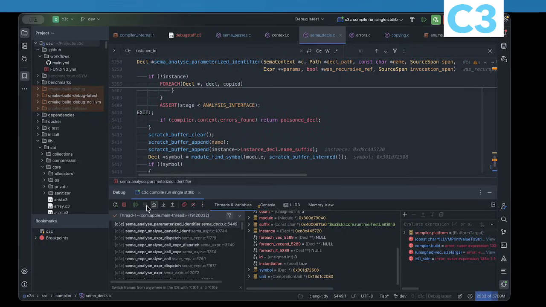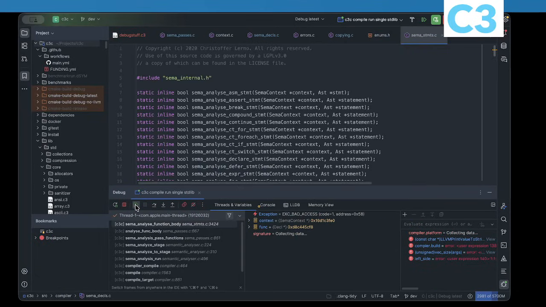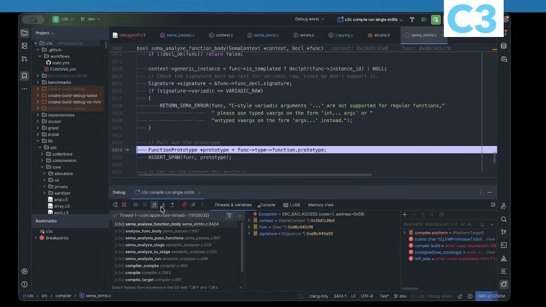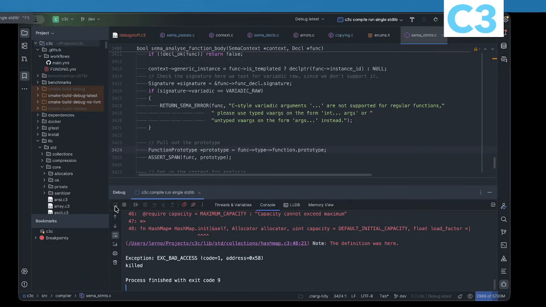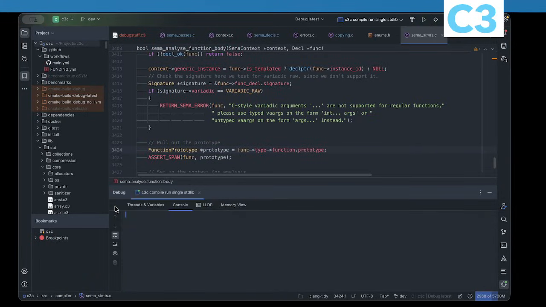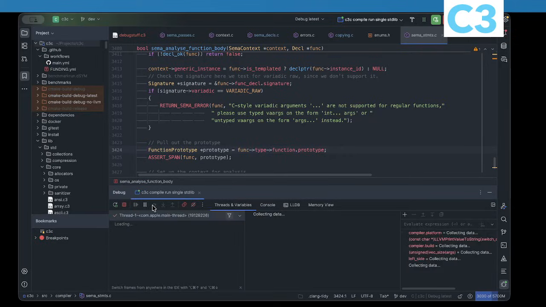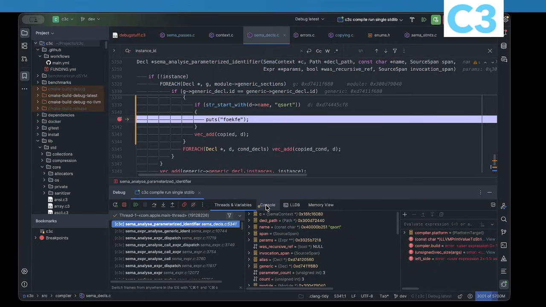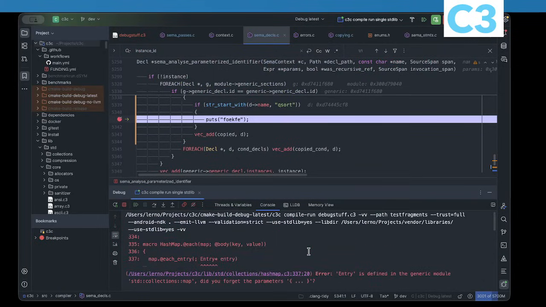Okay, let's do this from the beginning again. So that would fail it, yeah. So restart. Maybe there's some output as well. Okay, so we already had some